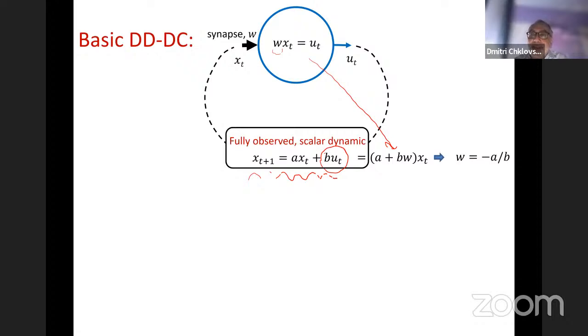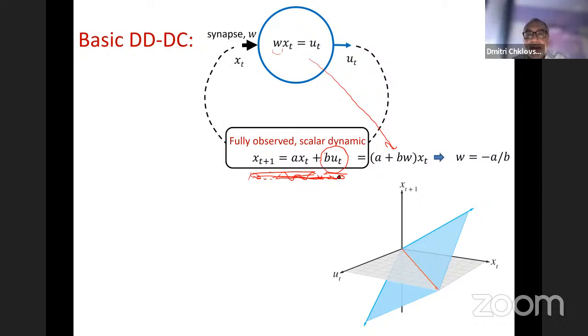So I will explain it in two ways. First, geometrically, and then algebraically, okay? So geometrically, this is the relevant diagram. So what we did here is the following. If you look at the dynamics equation, right,